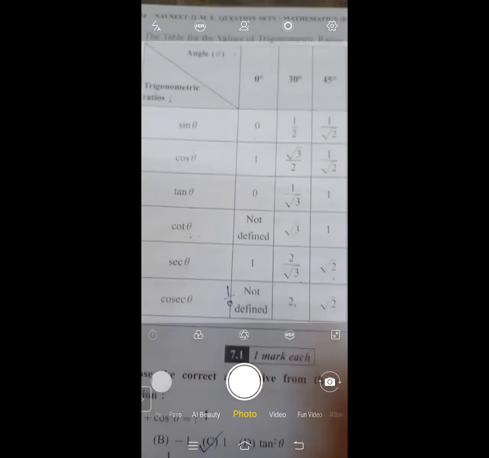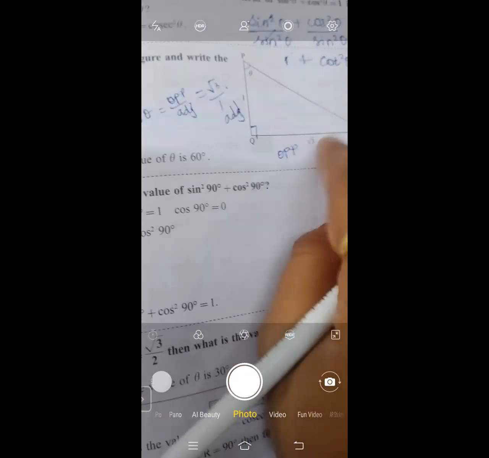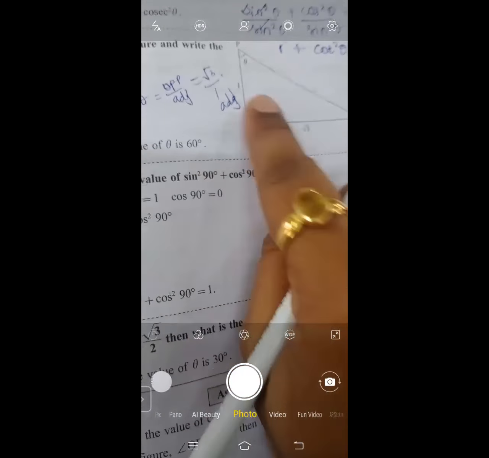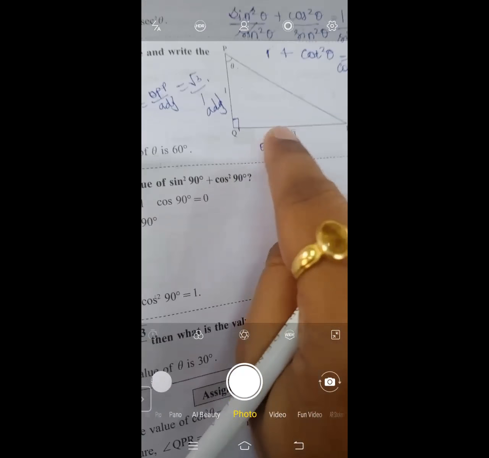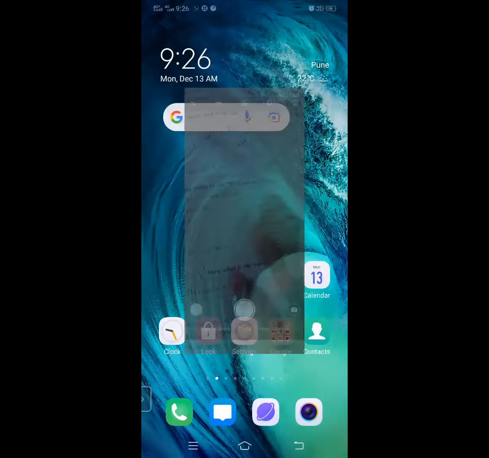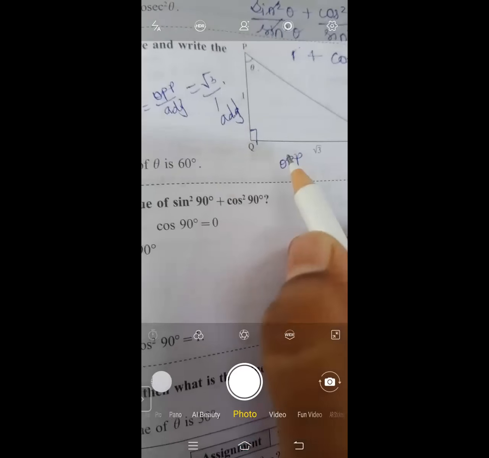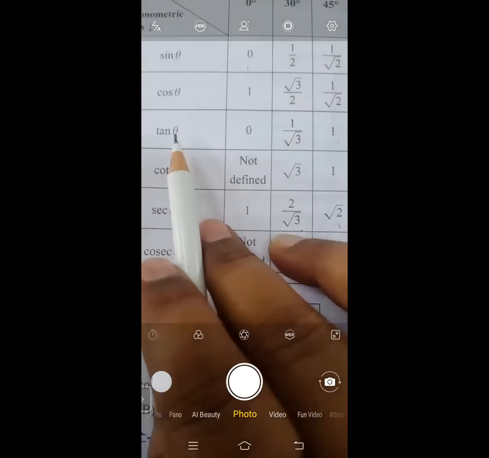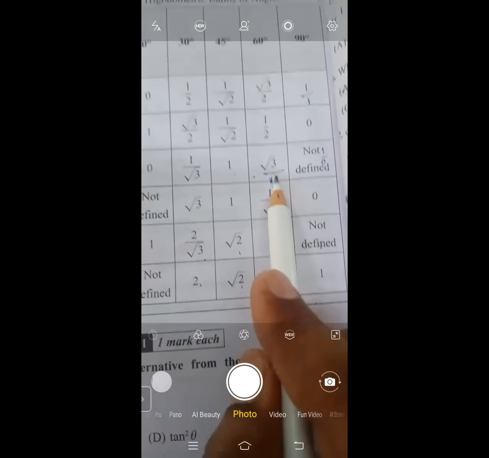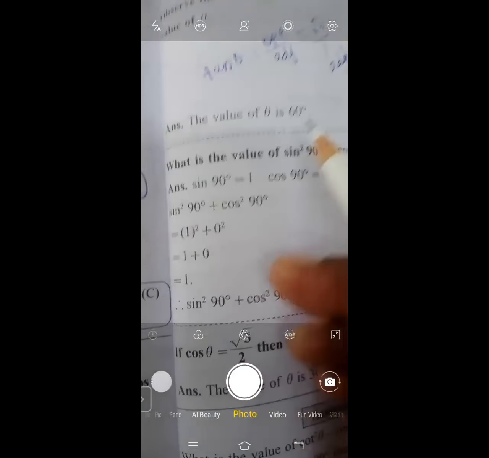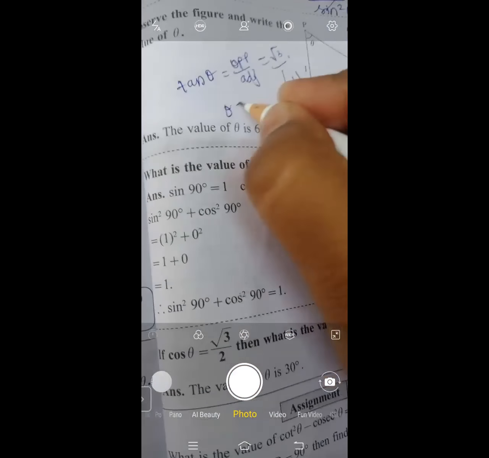Okay. I'll go through this sum once again. Just two sides are given and we have to find the value of theta. Now whatever is given, recollect it in terms of trigonometric ratios. How you can represent this as opposite upon adjacent. Okay, so it is √3 upon 1. So tan theta, where the value of tan becomes √3 at the angle when it is 60 degree. So theta is equal to 60 degree.